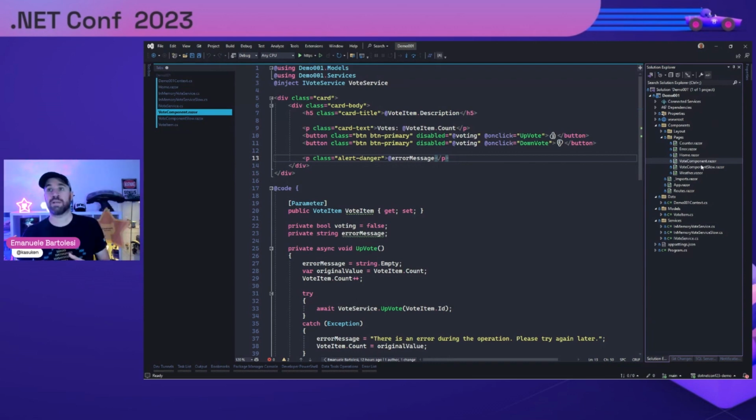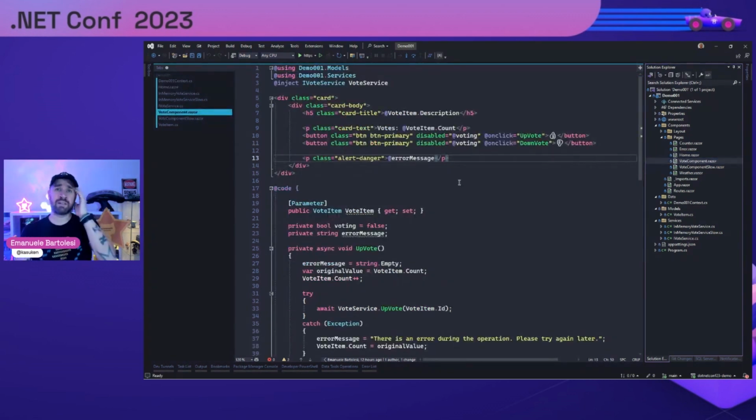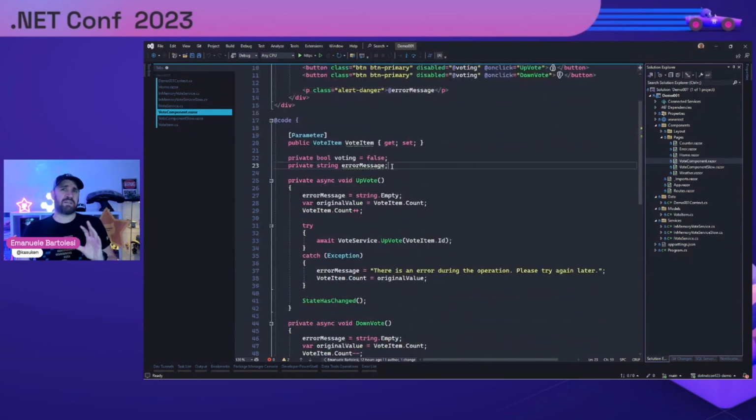And this is why I created a single component for a single item, because of course I can also implement everything here, but it is more difficult to implement the answer from the server. Okay, this is why it's also important to create small components for managing optimistic update in your application. Okay, and then here I created this error message label, and then more or less I use